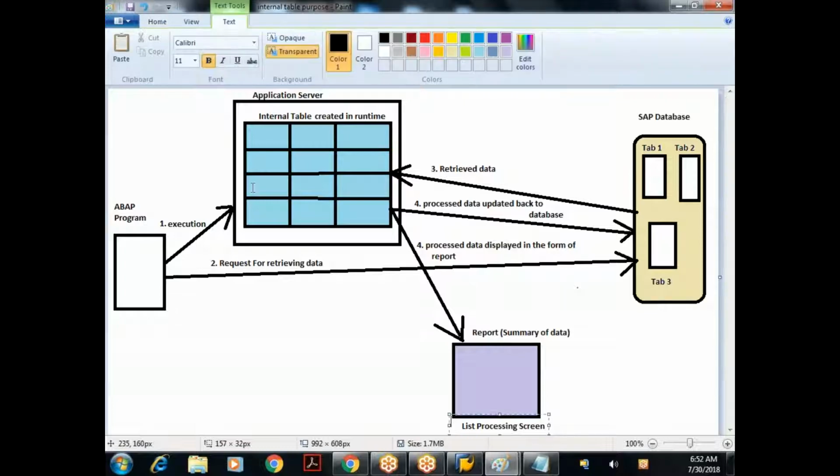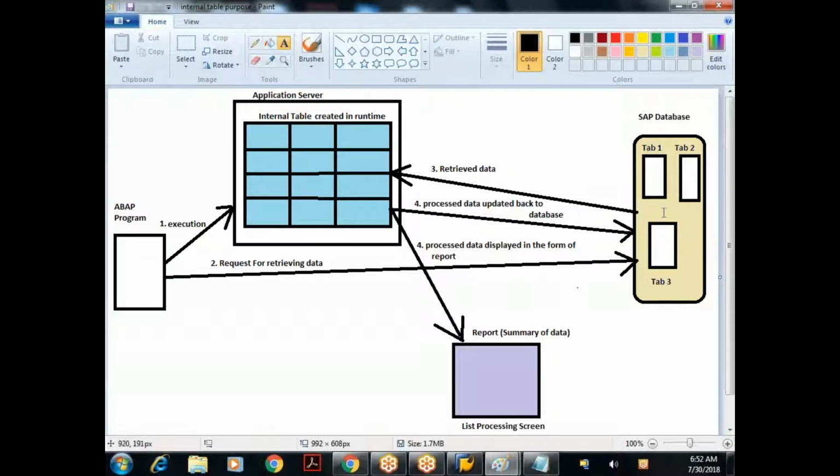So the purpose of an internal table: whatever data is in my database tables is permanent, and you'll have a huge amount of data. Instead of doing the processing directly on the database server, meaning modifying the data, inserting new data, or doing calculations, we will never do the calculations on the database server.